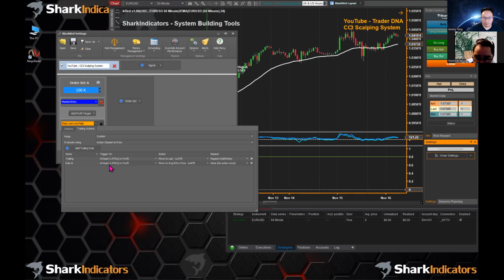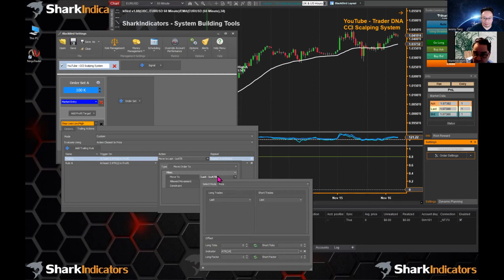What do you got on the last one there? Move last 1 ATR. Is it like the last of the 5 bars in the high and the low? The trailing is not using the last, it's just trailing by 1 ATR. So maybe that trailing is a little too tight. Why don't we try that high low thing? Yeah, there we go.